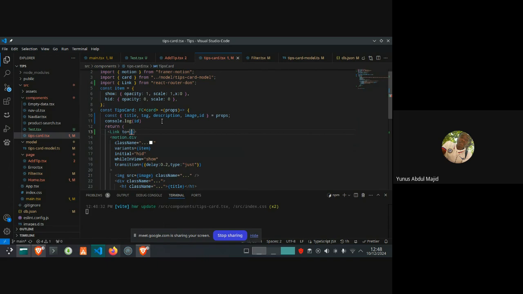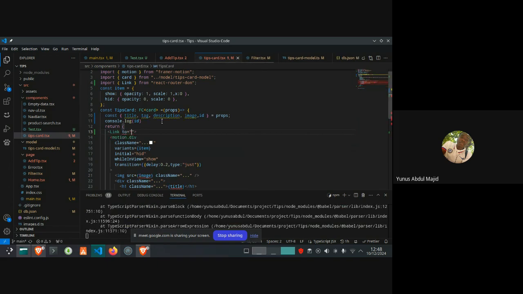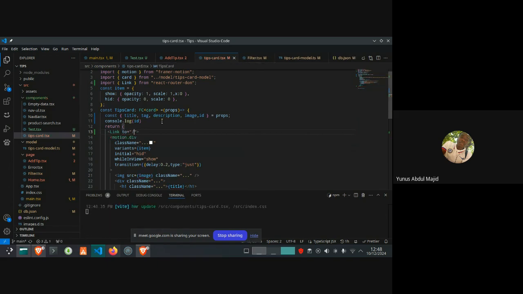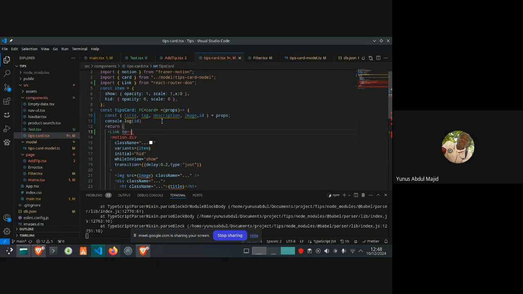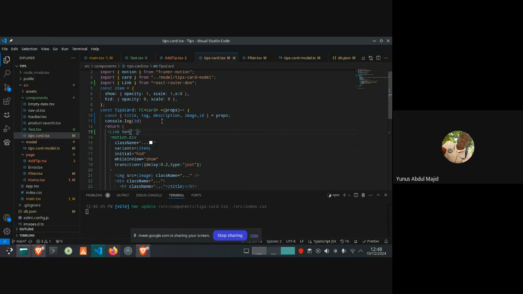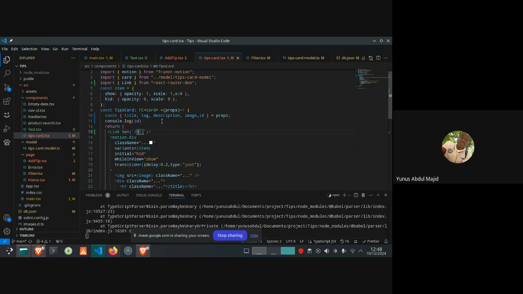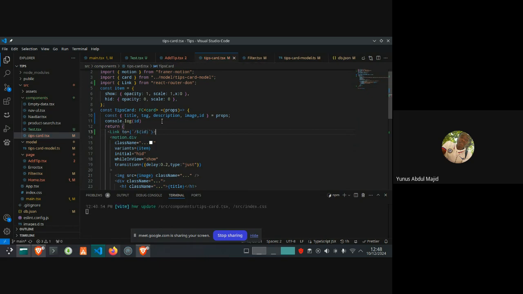So slash, use a string literal, because we want to make use of the id, slash id.